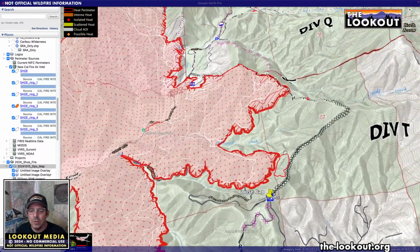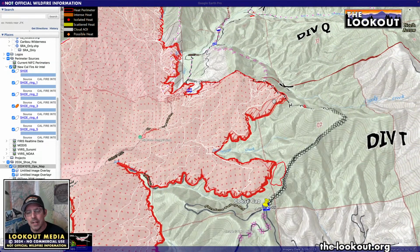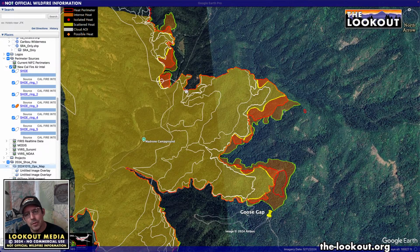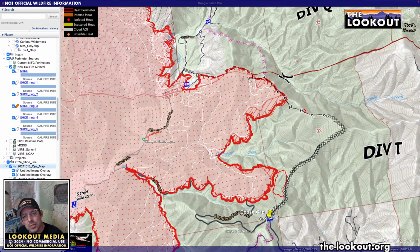And then north of Goose Gap, they've got dozer line prepped and hand line, and they started firing that last night. So if you look at the progression, this is yesterday's infrared, and then last night's infrared shows all this new heat. When you see new heat that's pressed right up against where there's a control line on the map, that's almost always telling you that there's firing operations, and that the heat you're seeing is because they lit it there. So they finished their hand line